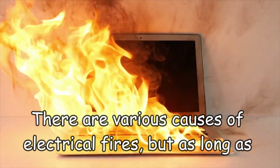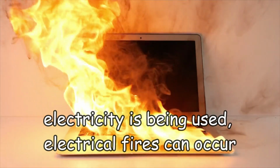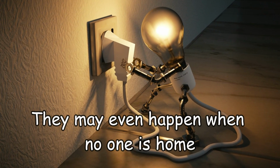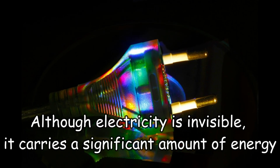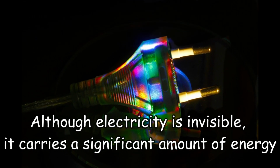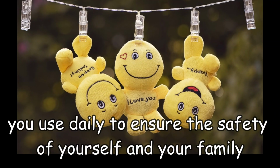There are various causes of electrical fires, but as long as electricity is being used, electrical fires can occur. They may even happen when no one is home. Electrical fires are unpredictable. Although electricity is invisible, it carries a significant amount of energy. It's important to review the proper usage of electrical devices you use daily to ensure the safety of yourself and